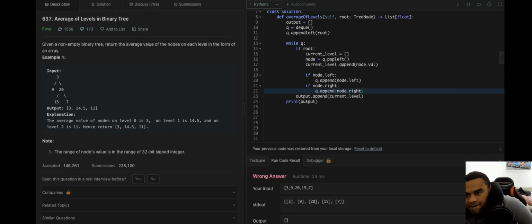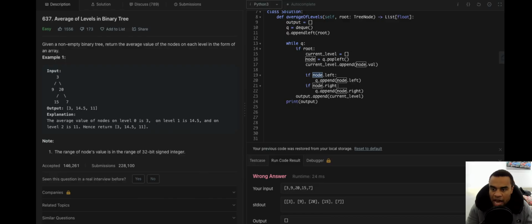Maybe we should just add, if root.left, right? Before we even do any of that. So we say if root.right, blah, blah, blah, right?